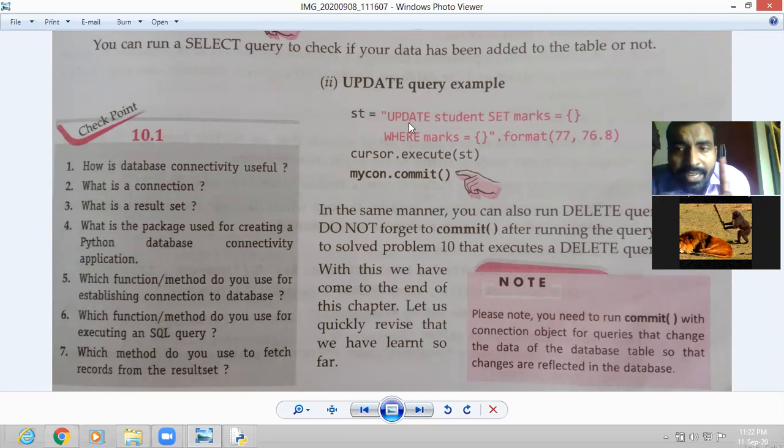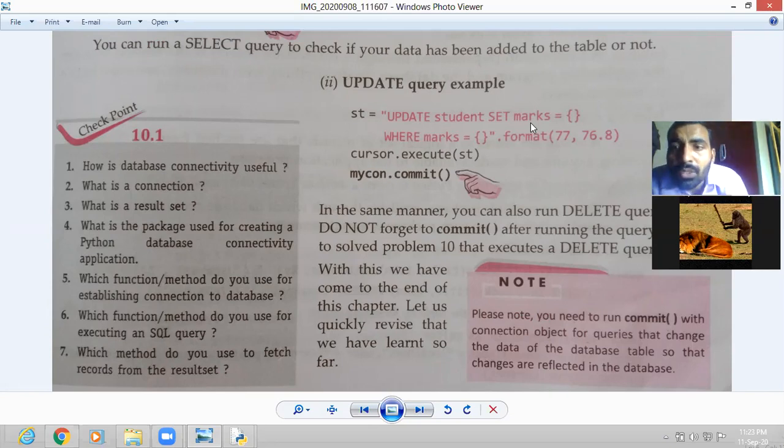What we write in the query string, we write update, space, the table name, then we write set. This is also a keyword of the update command. Update, then the table name, then set. Set means that we will change the field with another value. So set marks, what you want to change? Marks you want to change, or name, or roll number. So of which record and which column you want to change.